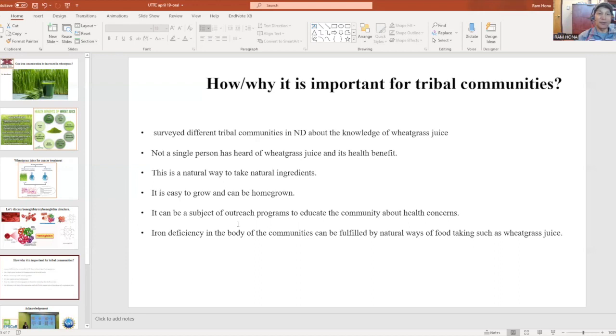It can be a subject of outreach programs to educate the community about health concerns, because most community members are not concerned about health and have a lack of health education. And iron deficiency in the body of the communities can be fulfilled by natural ways of food taking such as